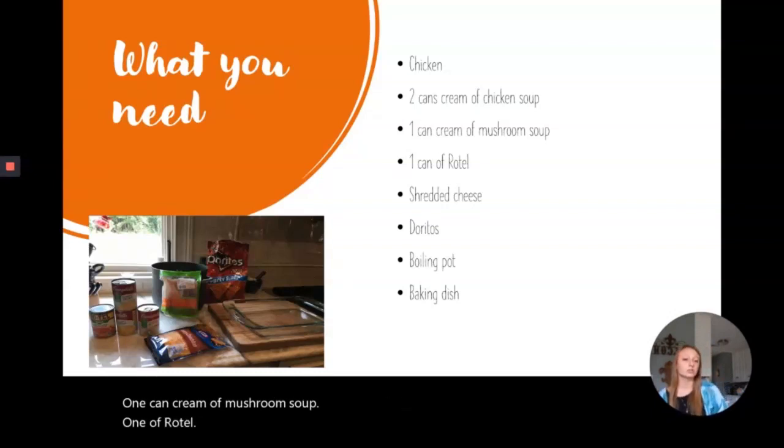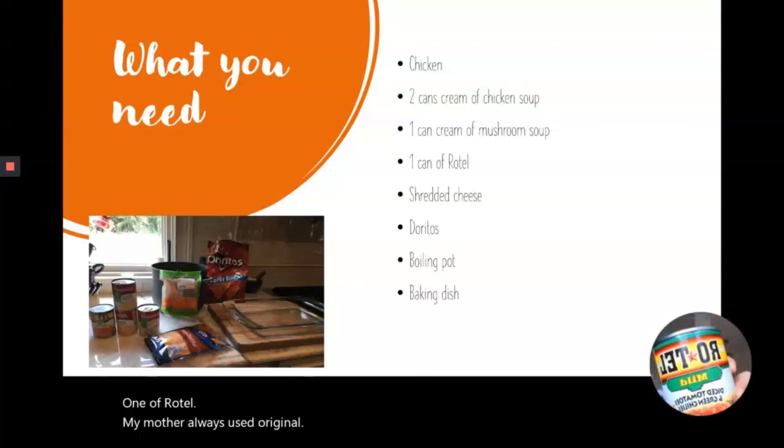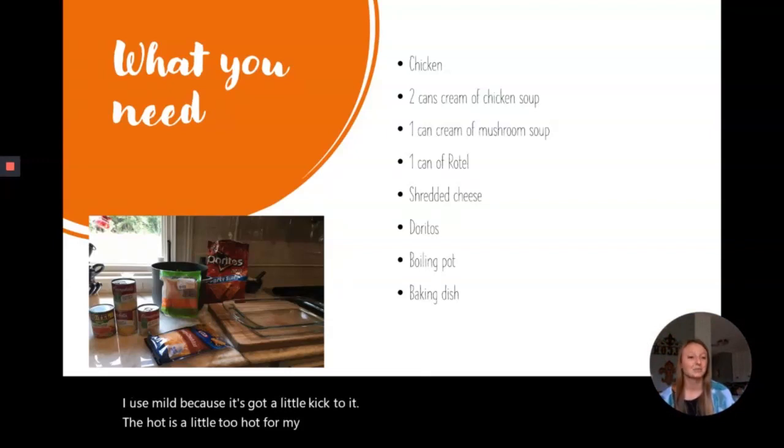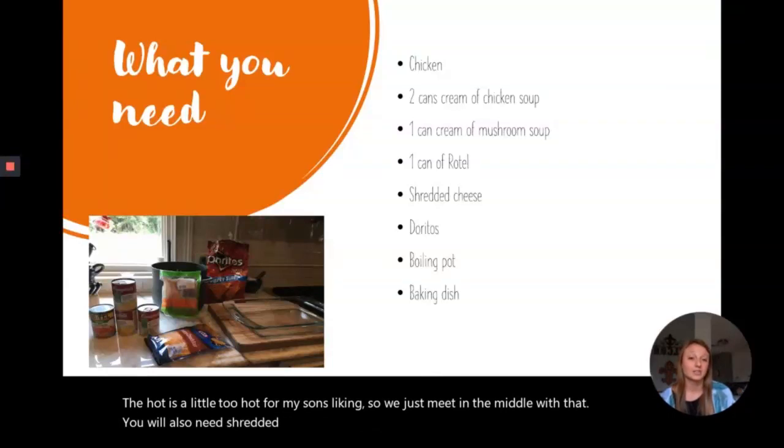My mother always used original. I use mild because it's got a little kick to it. The hot is a little too hot for my son's liking, so we just meet in the middle with that. You will also need shredded cheese, Doritos, a deep boiling pot, and a baking dish.